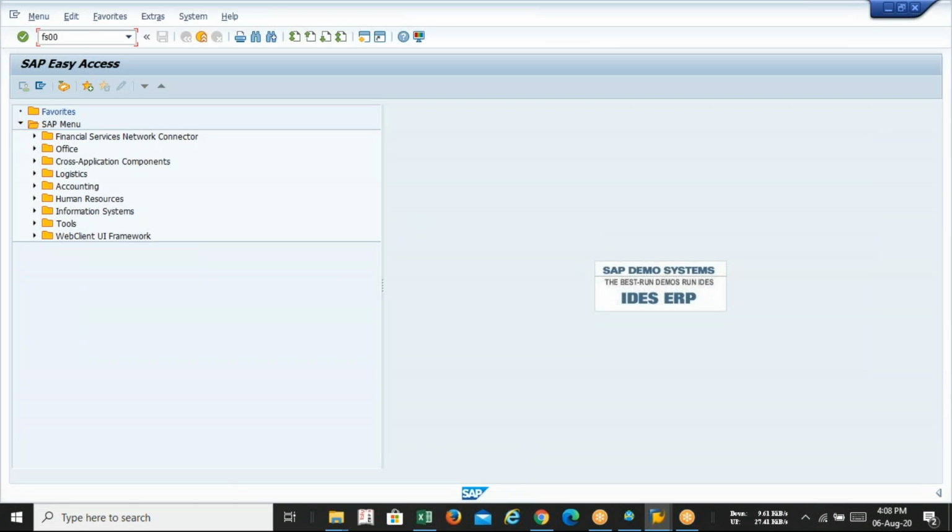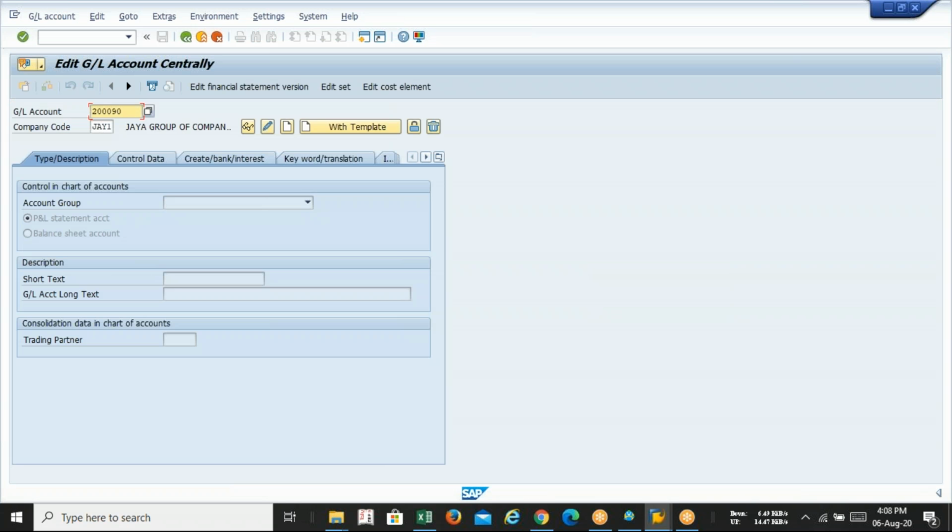So now guys, please focus. At the time of creating the cash GL, what are the options we are going to select? It must be an asset GL. My company code is Lava for your class. So account group will be assets, balance sheet account, cash account. You can rename it cash in hand also. In the balance sheet, you must know there is an option called cash in hand, so this should also be there.